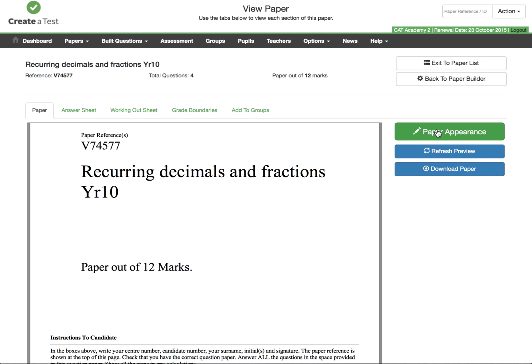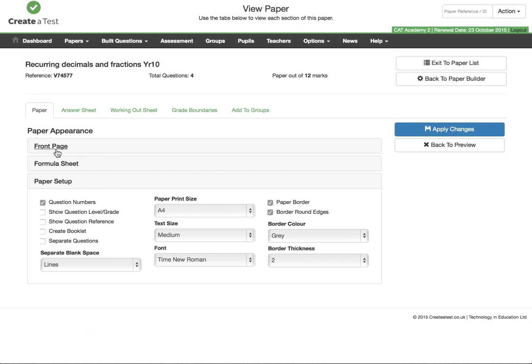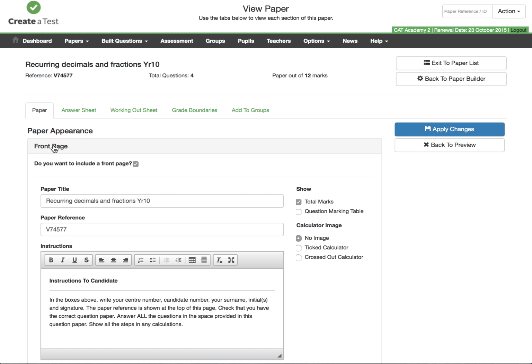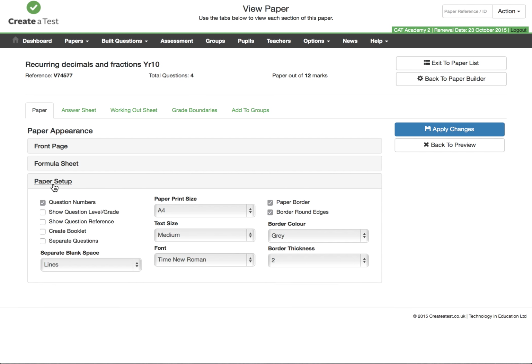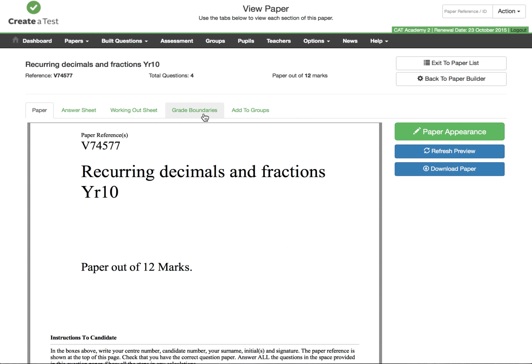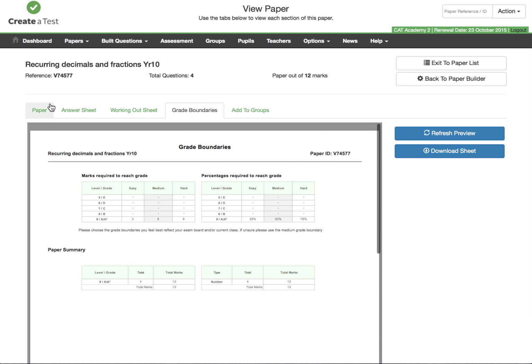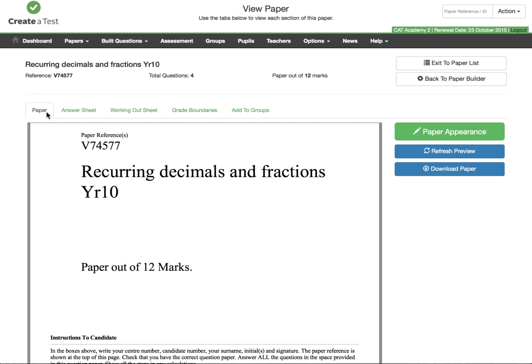If I want to do any paper appearance, all that functionality still exists. You can still change the front page. I'll leave it on in this case, but you can take it off. I don't need a formula sheet, but I could add one. And there's lots of functionality here, adding grades onto the paper, making it different sizes, taking off borders, giving lines for working, etc., etc. But I'm quite happy with how the paper looked. I'll probably print off the grade boundaries as well. I always like to. As you can see, I've already picked the top questions. So hit download,